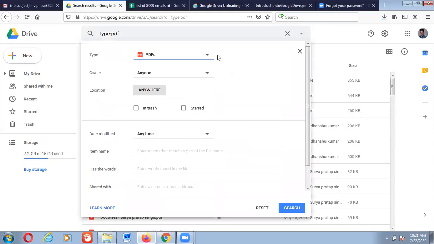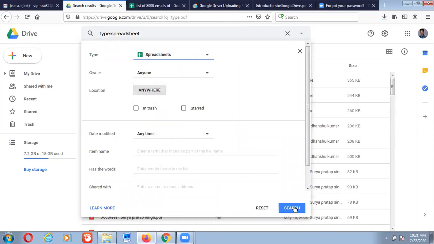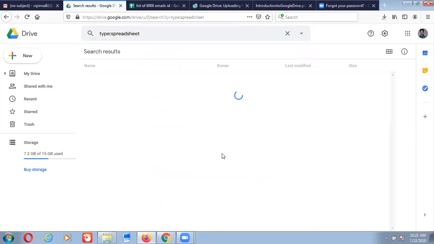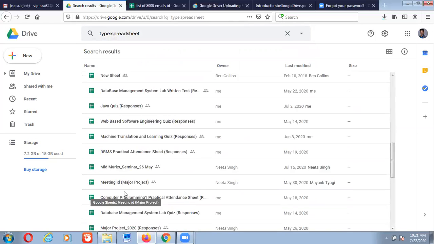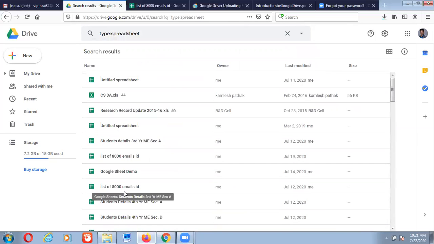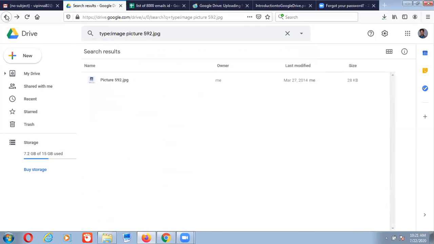Same as we can again find the document spreadsheet files. Click here, click search, and you can see that every file is a spreadsheet file. Fine. Now come back to our original Drive home